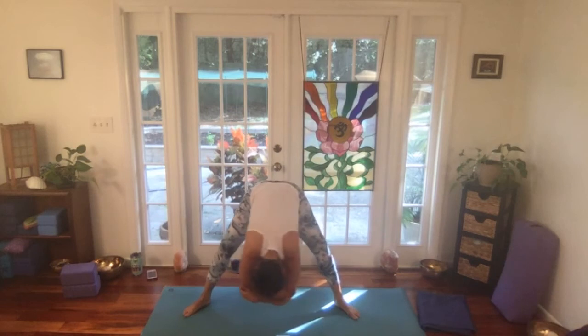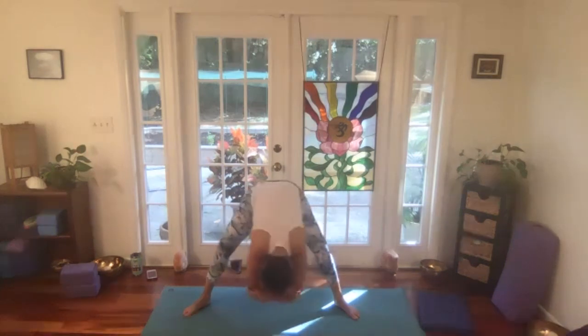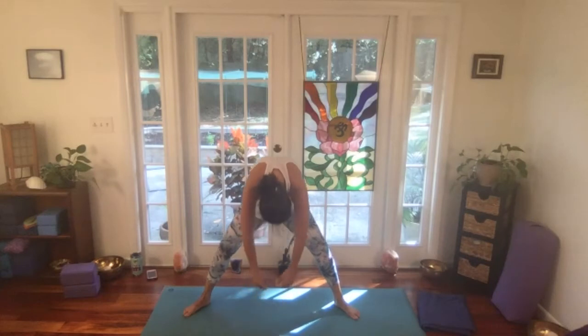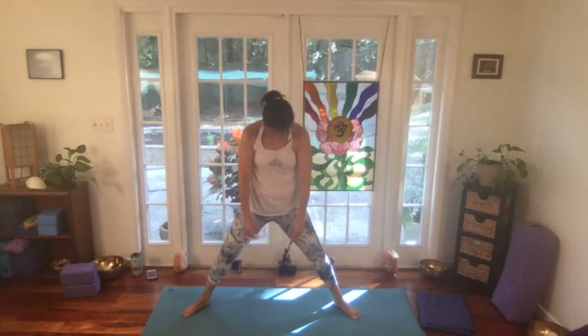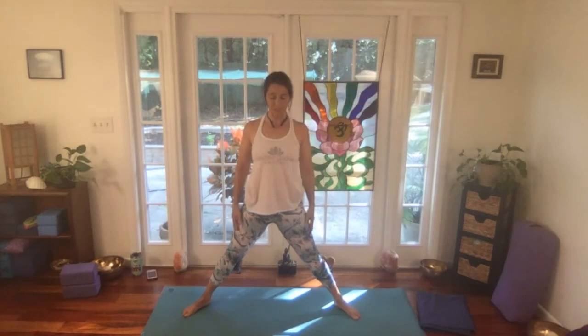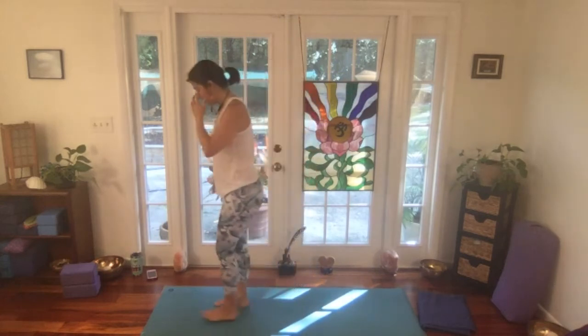One more deep breath in and out. Letting the arms drop down, we can slowly roll upward. Inhale, arms out and up. Exhale, bringing the arms down, tipping chin to the chest. Coming back to center, we could start to move the feet inward, heels, toes. And then facing the front of your mat,